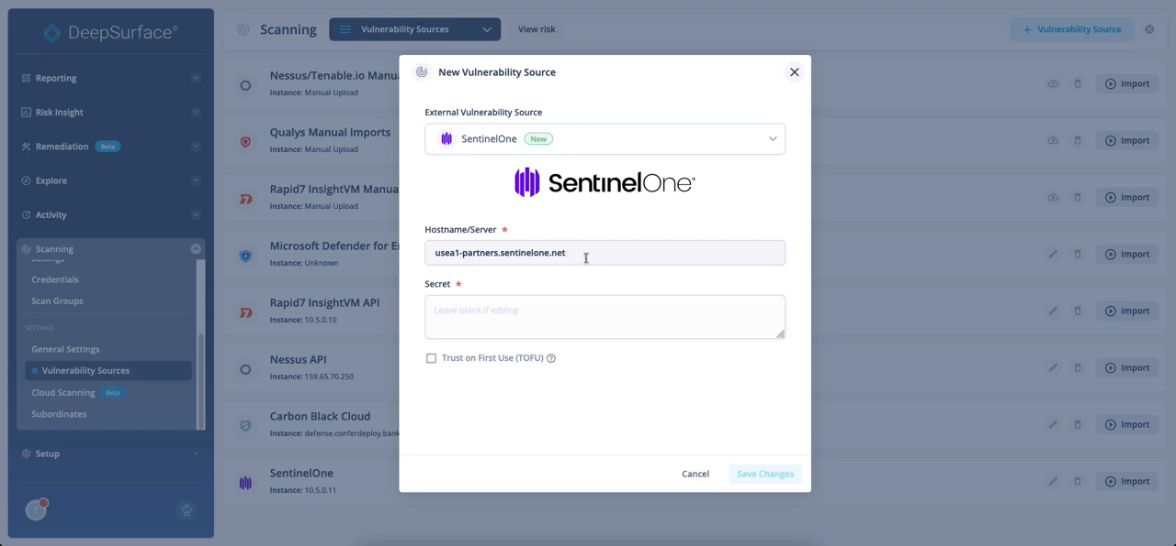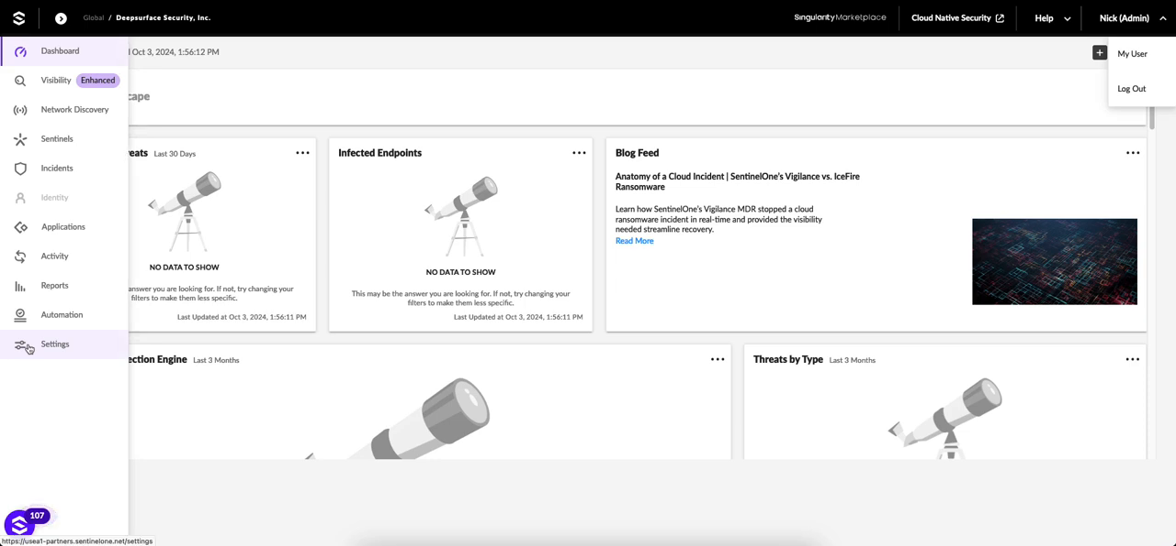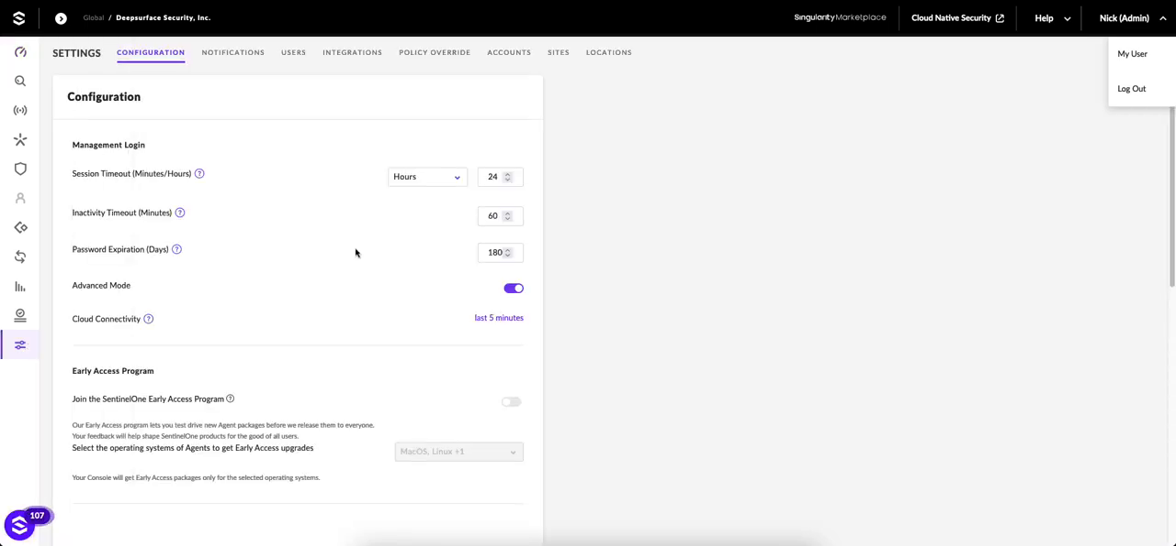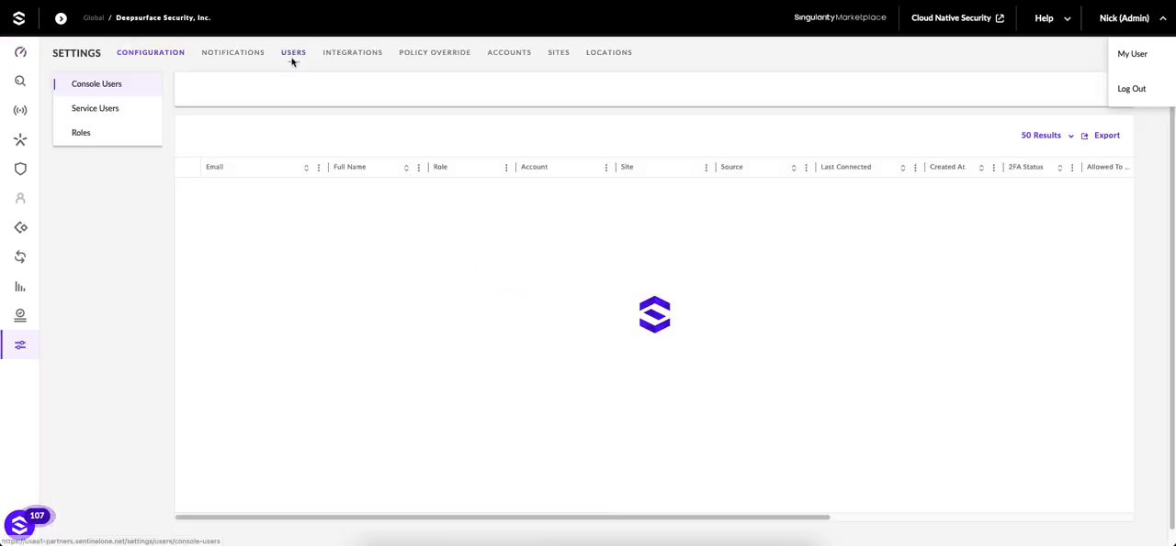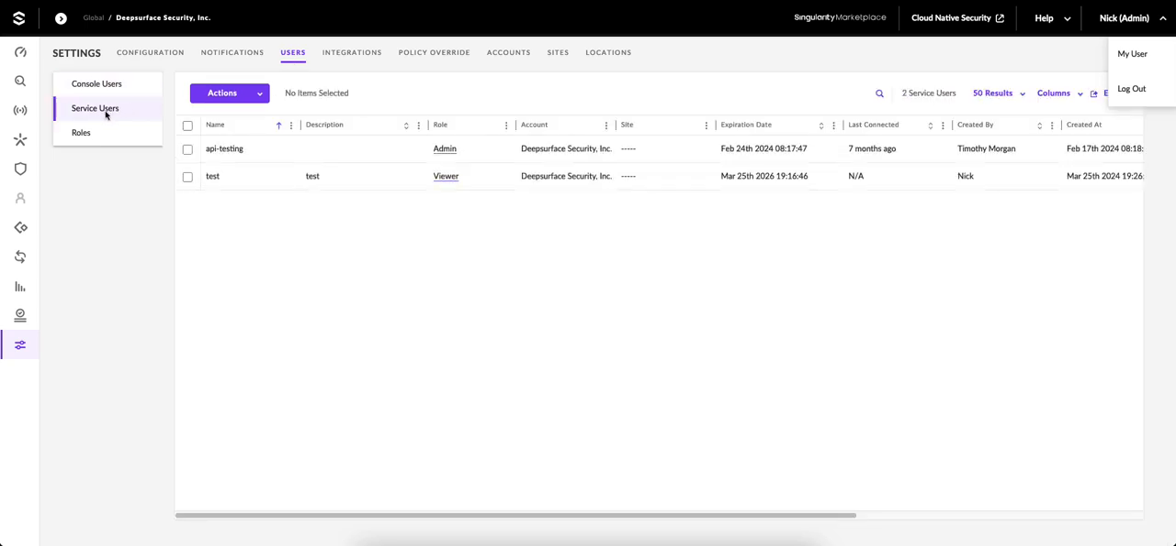Once you have the host name included in the field, you'll need to create a secret that Deep Surface will use to authenticate to your SentinelOne platform. To do that, we recommend creating a service user in the settings of your platform. If you go to the settings menu and select users, and select service users, and then from the actions here